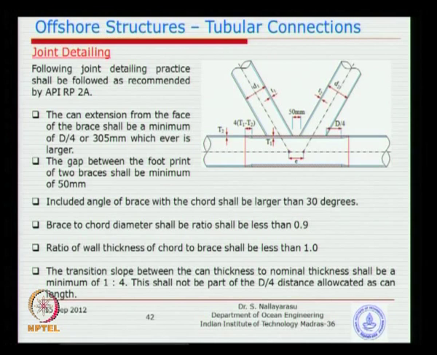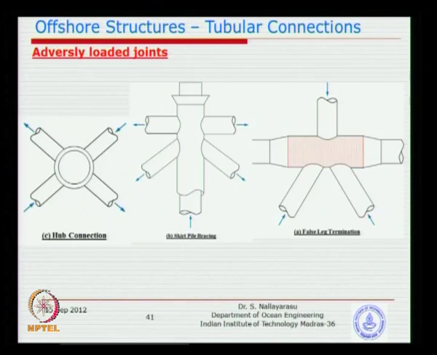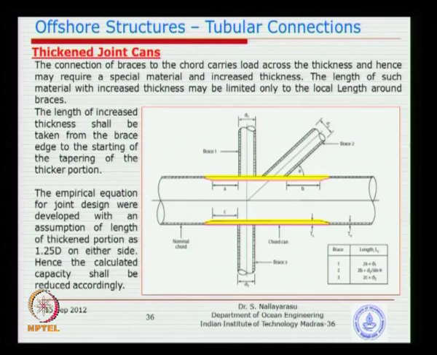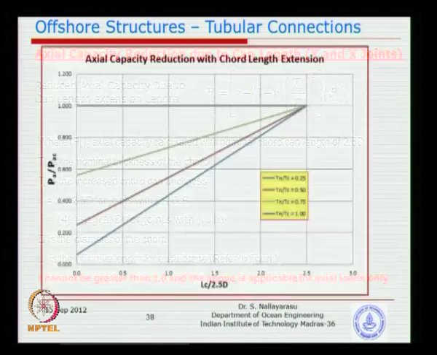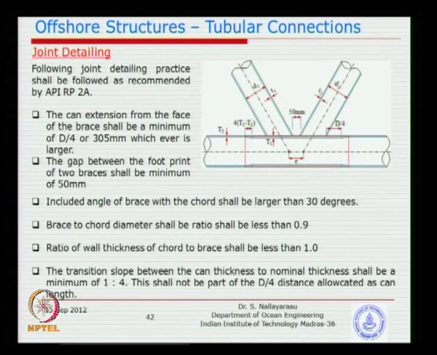The offset that we were talking about earlier, the last point here, offset or so-called eccentricities, normally we try to avoid that. But if we cannot avoid it, then what we try to do is, for example, you have this case where the joint is separated by a distance of E. If this distance is quite small, how much is quite small? Basically the diameter divided by 4, 25% of the diameter, then you do not need to really worry about it because the moment introduced by this is going to be small.